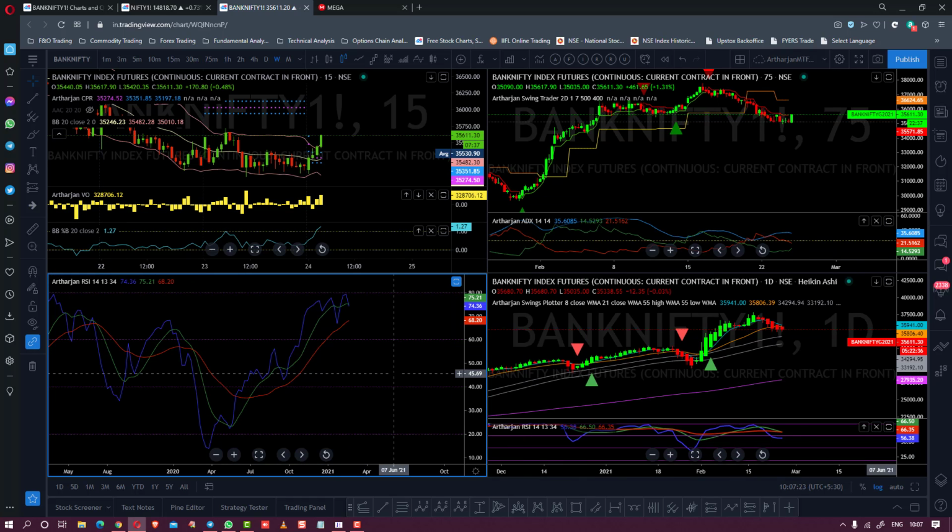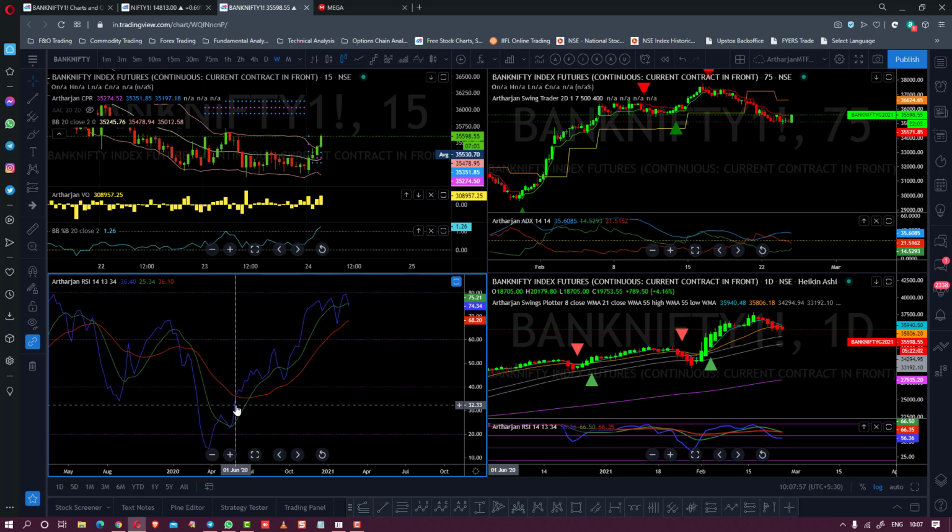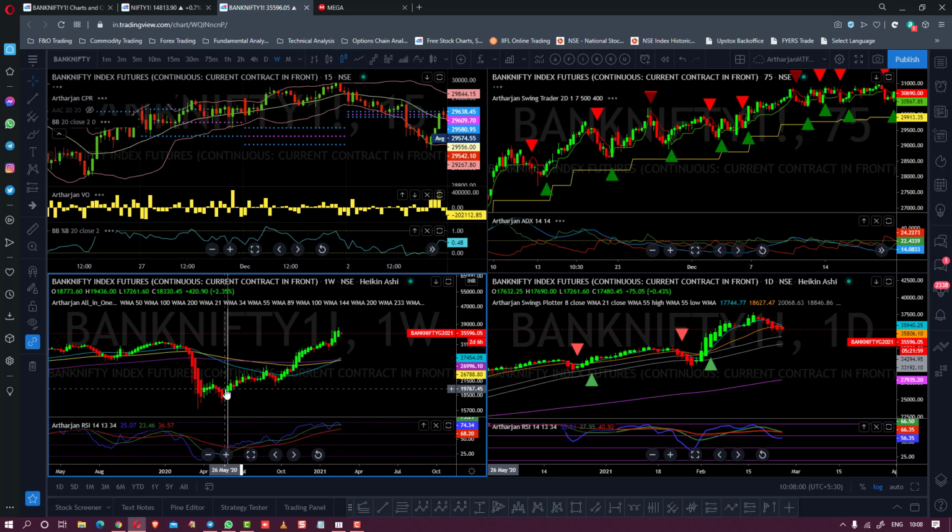A simple answer to that is, even the RSI helps you to identify a trend, or it may help you to confirm that the trend is in the right direction, whether it's a bullish trend or a bearish trend. When the RSI crosses above its own moving average, it is a confirmation of a strong uptrend or downtrend, or the beginning of an uptrend or downtrend. So here, when the RSI crossed above the green moving average, on a weekly time frame, the uptrend began, and when it crossed above the red moving average on the higher time frame, I will mark a vertical line here so that you can see